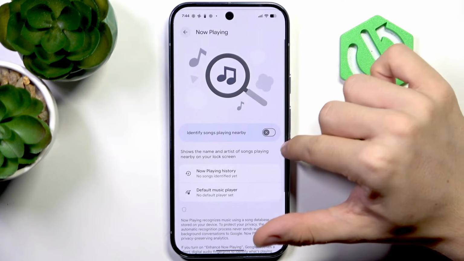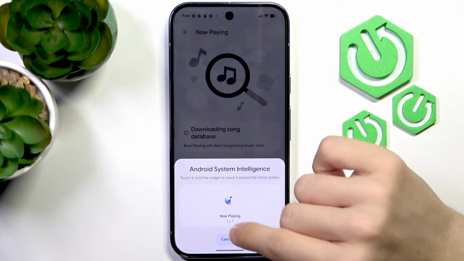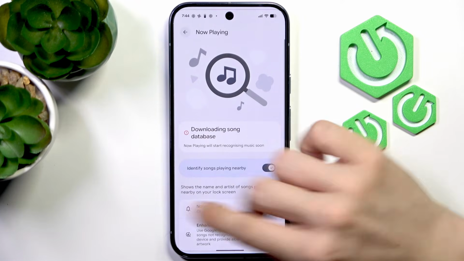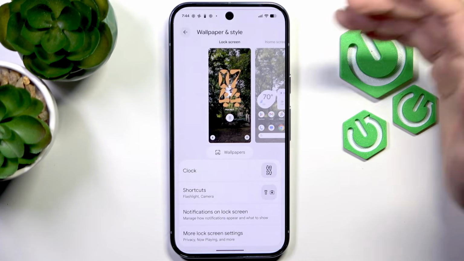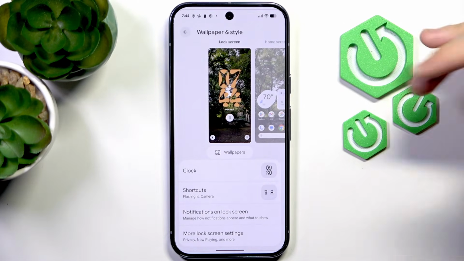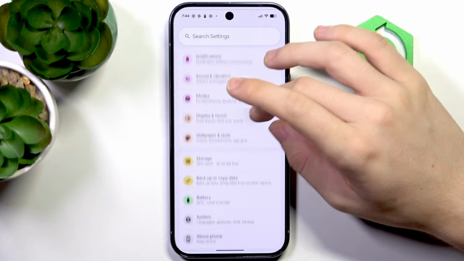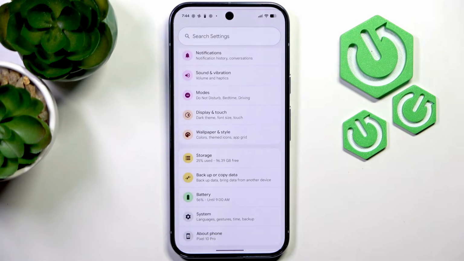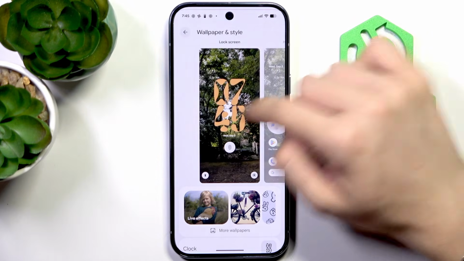go to now playing, and you can enable that so it'll identify songs playing nearby. So that's really great. It's gonna tell you that when it discovers a song playing nearby on the lock screen, and you'll know that. Now let's go back and let's go to a few more things that we can do here. Or actually, do not go back just yet, because if we go to wallpaper and style, we can go